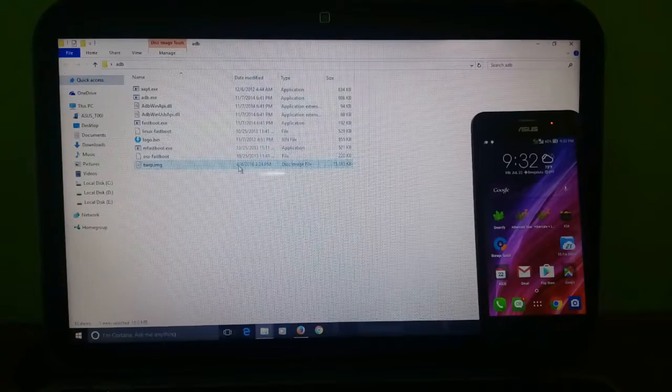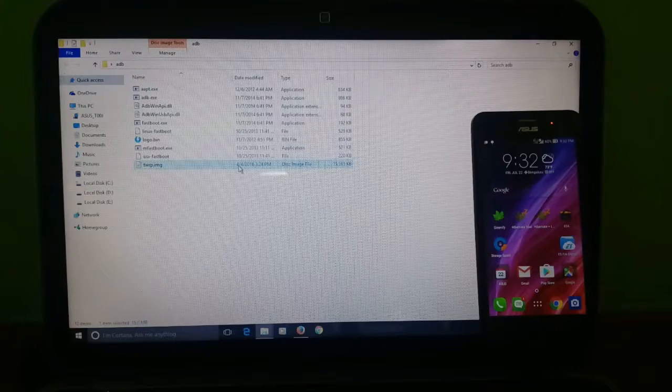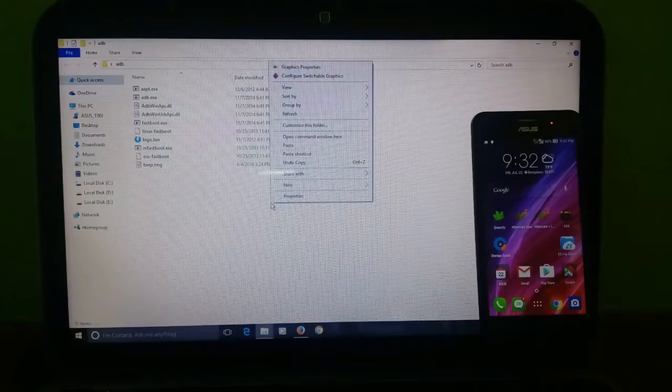People who have not flashed TWRP can flash this. Please don't flash it twice. Now hold the shift button and open command window over here. There's an option over there, so open it.